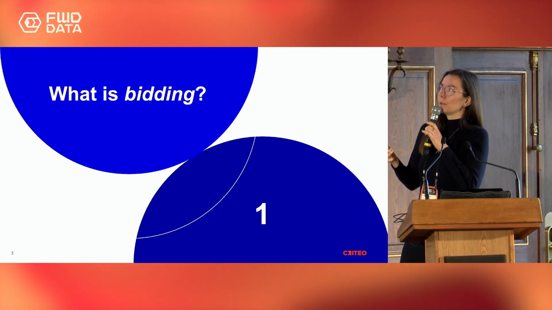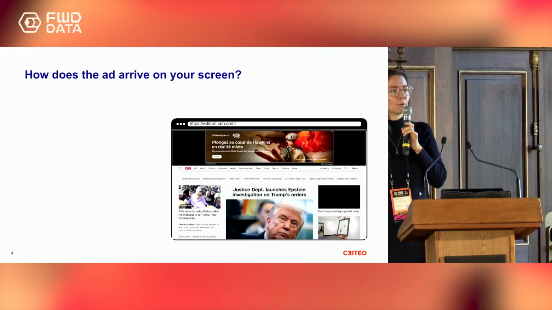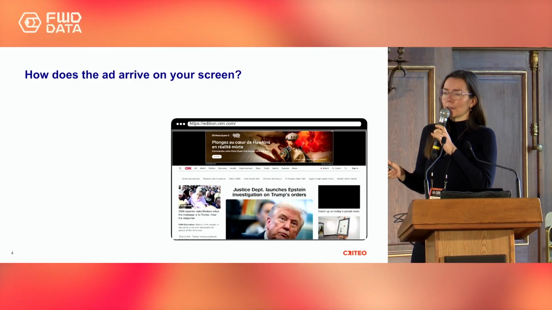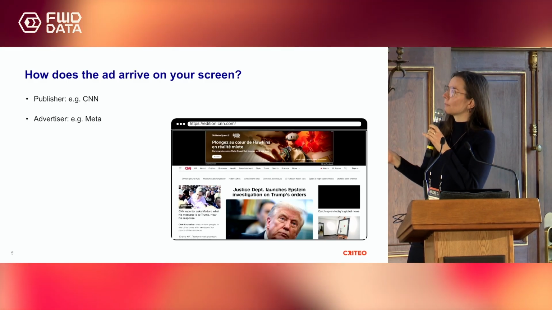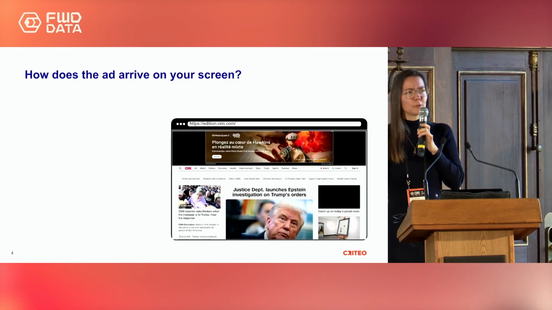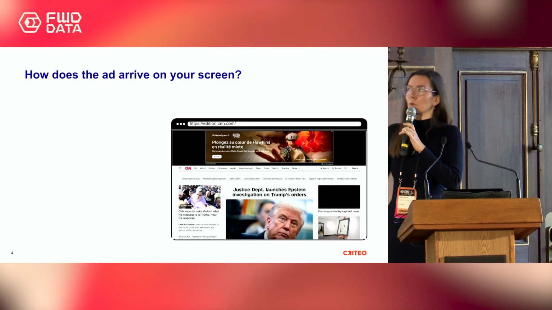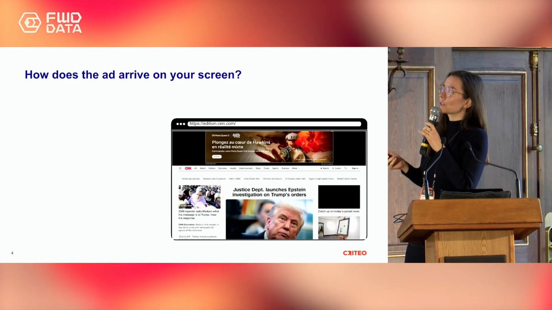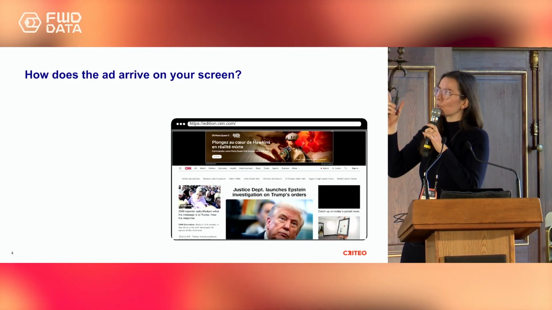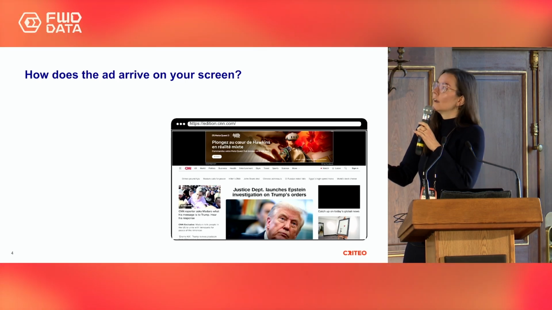Okay, so what is bidding? Now, let's say you go on CNN.com or whatever is your favorite type of news, and most likely you're going to see some ads. Now, a disclaimer, I don't actually know whether CNN is a client of Criteo or not, but let's say here the ad actually worked out pretty well because I'm really looking forward to the 5th season of Stranger Things, and this reminded me of the fact that it's about to come out.